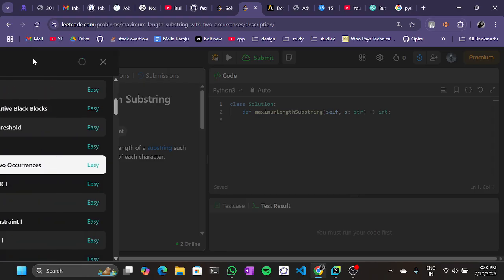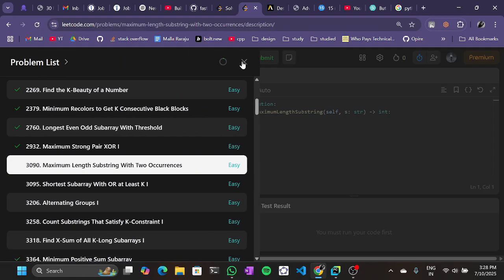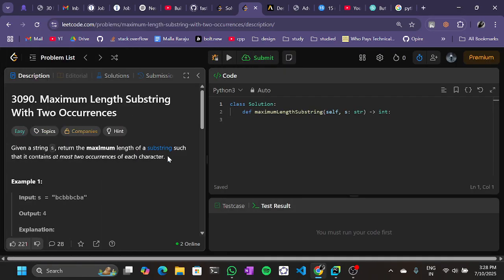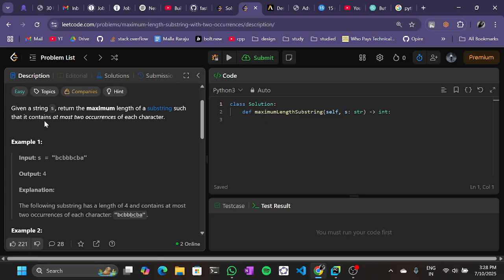So, going to the next problem in the sliding window list. We'll be doing LeetCode 3090, Maximum Length Substring with Two Occurrences. Given a string S, we need to find the maximum length of a substring such that it contains at most two occurrences